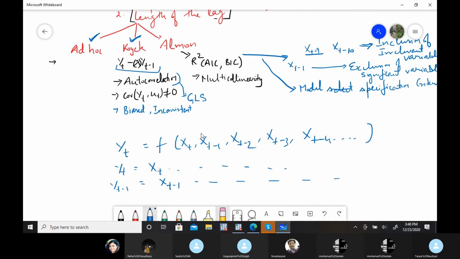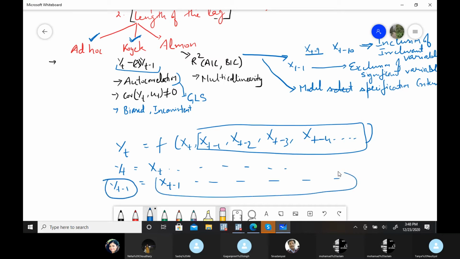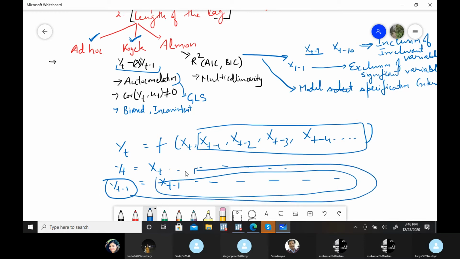So why not take yt minus 1 in place of all these values? In the Koyck approach, they have taken yt minus 1. So this lag problem is solved.